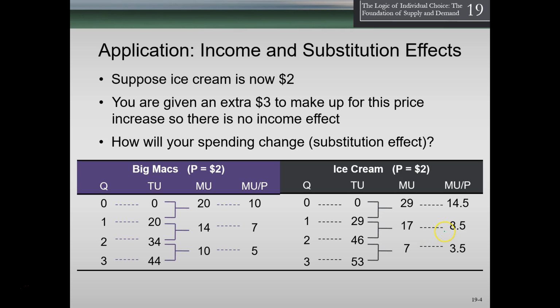If we divide that by 2, we have 8.5. Therefore, what we're going to do first, of course, is eat the ice cream cone because we get more marginal utility divided by dollar than we do from the Big Mac. Then we're going to move down here and compare the 8.5 to the 10 over here. So we're actually going to go to the 10, to the Big Mac, on the second item that we'll purchase. And then we're going to compare the 8.5 to the 7. Then we're going to purchase the 8.5 again, and then we'll go back to the Big Mac over here.